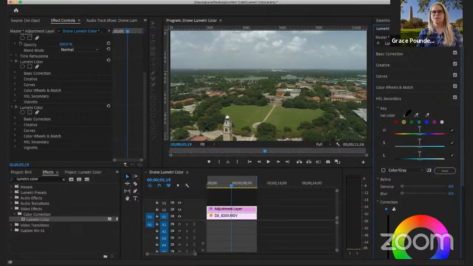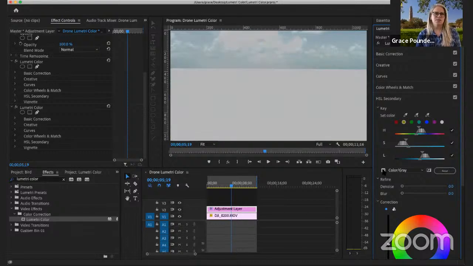So you choose this eyedropper here and you choose the part of your picture that you want to highlight and bring out those colors. So I want to bring out this part of the sky, but I also want to bring out this part of the sky too. So I'm going to click on this plus eyedropper and I can add this part of the blue to it as well. I'm going to click on this color gray, so just so that I can see what I'm actually working with, and move these bars around a little bit to make sure that I'm really focused on the sky and I'm not getting too much of these clouds, and I'm not highlighting any buildings because we don't want to